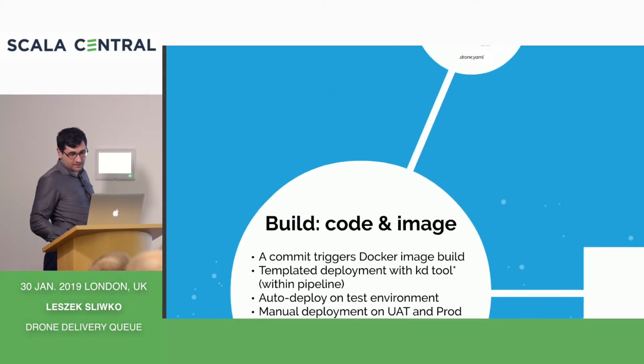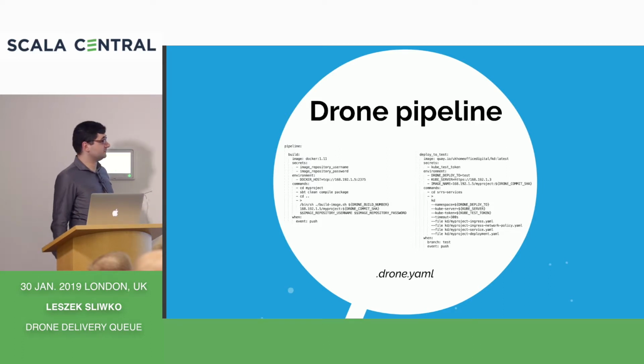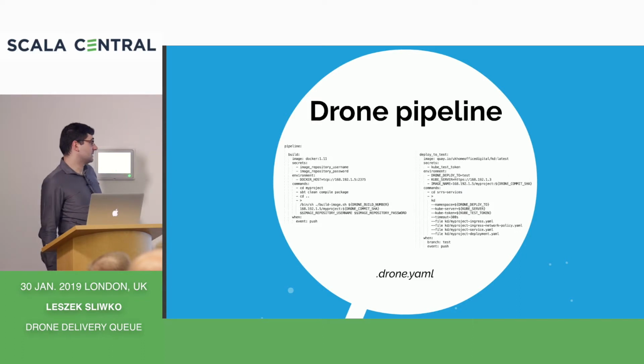Also, we have a number of drone images we can use, usually for maintenance. All right, that's a typical drone pipeline. You can see here it's event-based. The last line on the left is basically on every push, which is basically a commit. You can execute commands. Here we just enter a directory and run compile package. This is our image. We have a more complex script in Bash, which packages the image on top of Linux Alpine and sends it to a repository. Then there's another task, deploy to test, which picks up this image and deploys it on test.